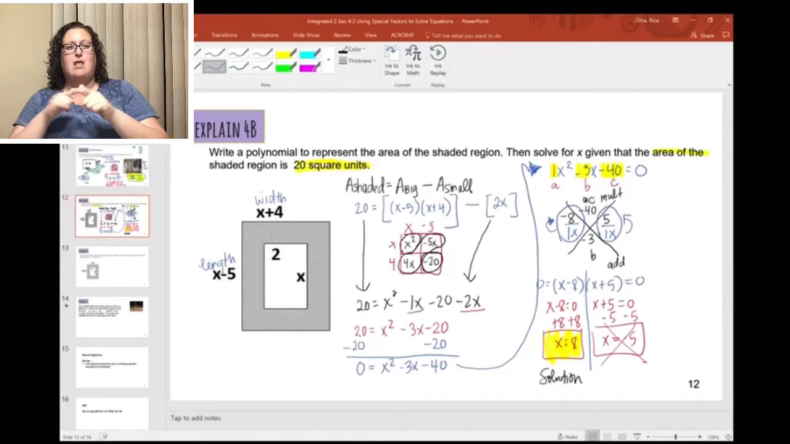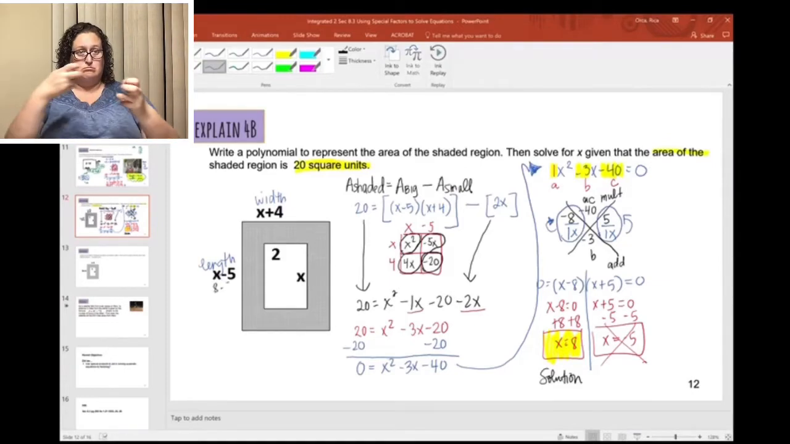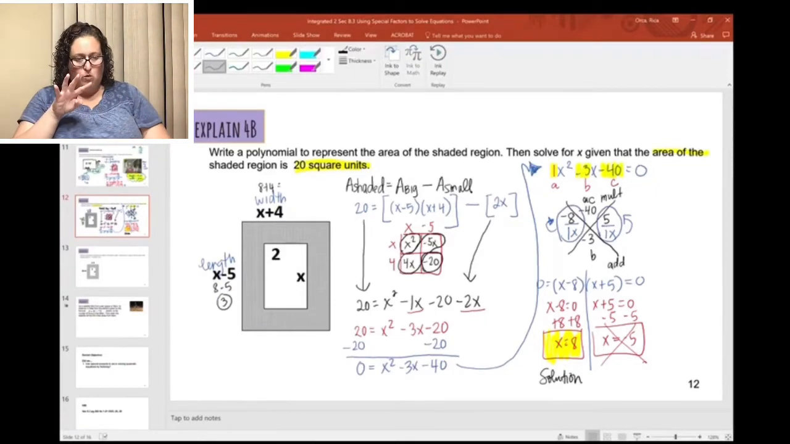So let's plug in the 8. 8 minus 5, that's going to give us 3. 8 plus 4 is going to give us 12. And then this will be 8. So by checking,